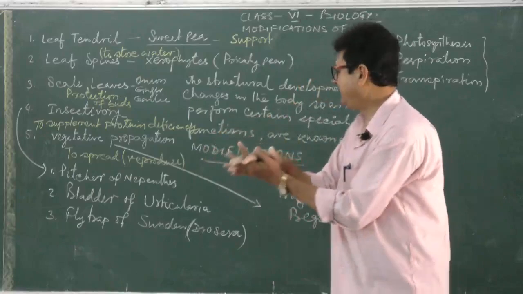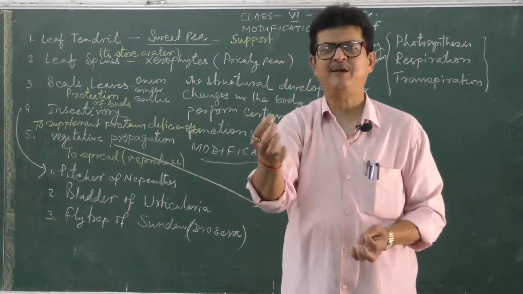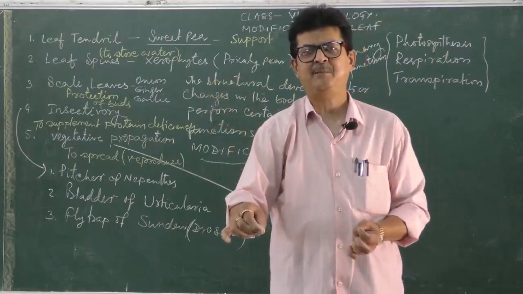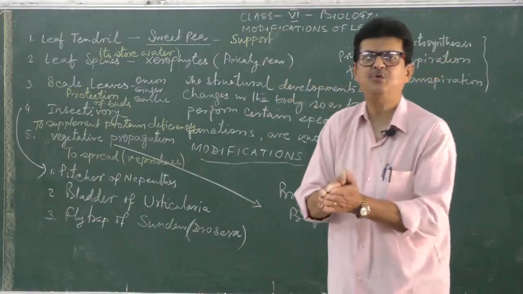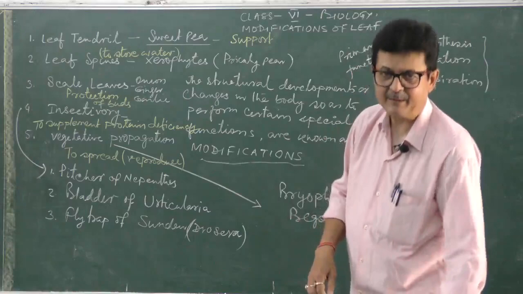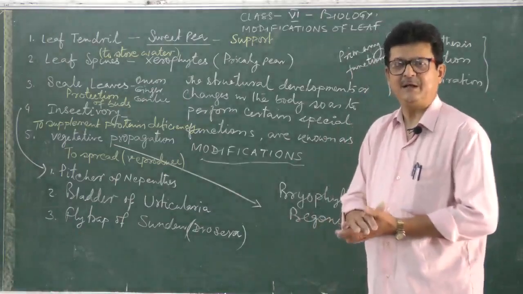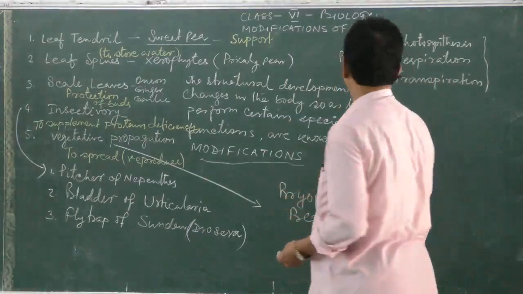And Utricularia, they are minute structures like tadpoles and all, they easily get inside the bladders, and the bladder slowly closes, digesting them inside to provide protein to the body. So, these are the modifications of leaves. Vegetative propagation is a special activity.